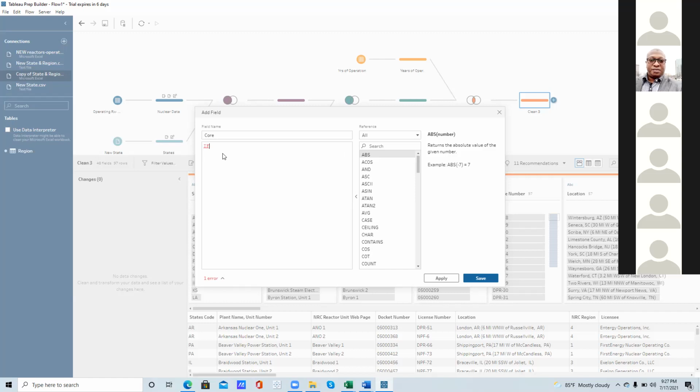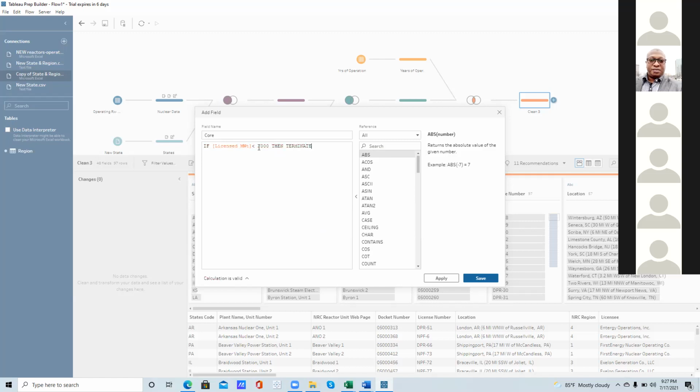It should bring it up. License megawatt is less than 2,000, then terminate.